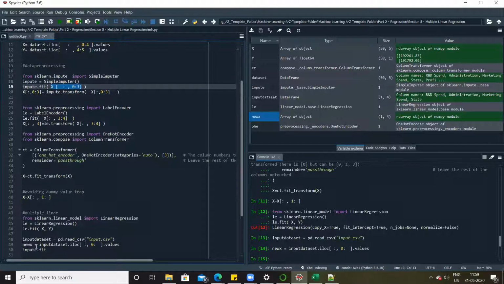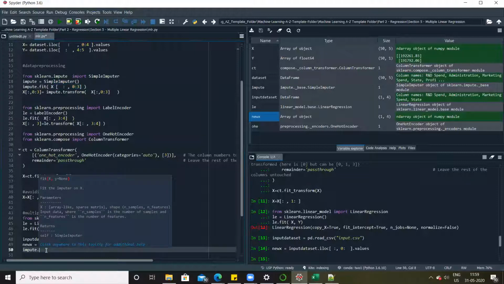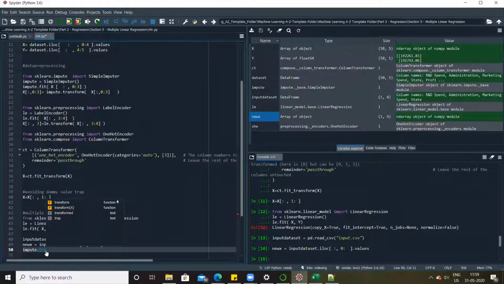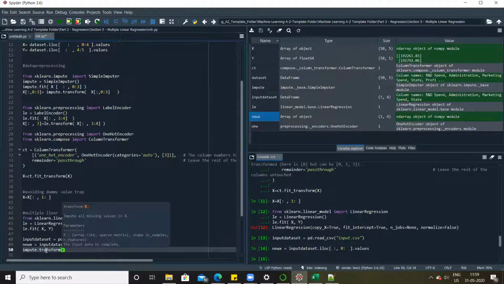So we will not say learn again. In fact, we will say apply. So here we will directly say transform. Transform on my variable X, all rows of X, but column index 0 to 3. And override the original data. Okay, sorry, my bad. It shouldn't be X here. It should be new X variable.